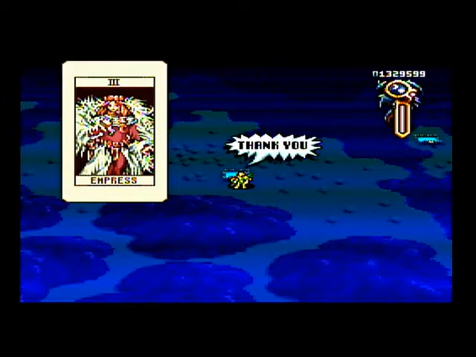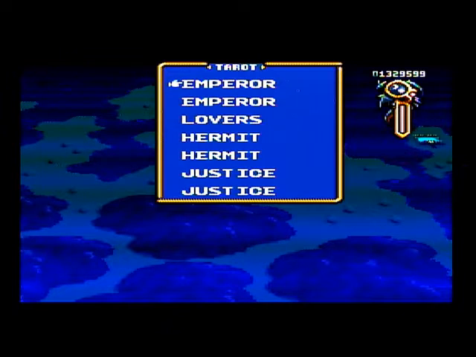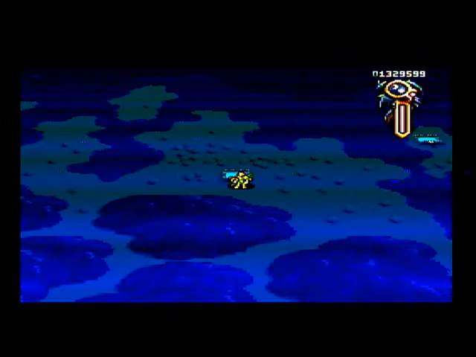Empress, that'll boost up that alignment that we lost earlier. Oh no, charisma. I'm getting my tarot cards confused. It's the Hierophant card that raises the alignment. So...